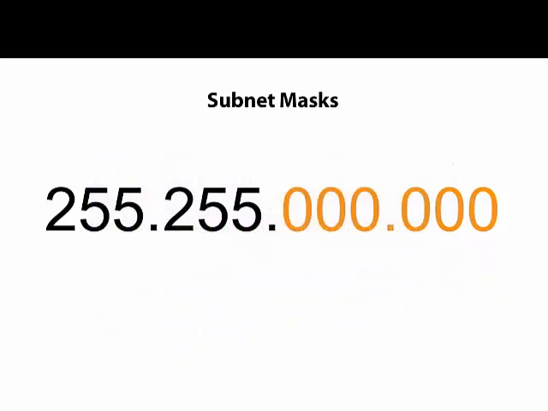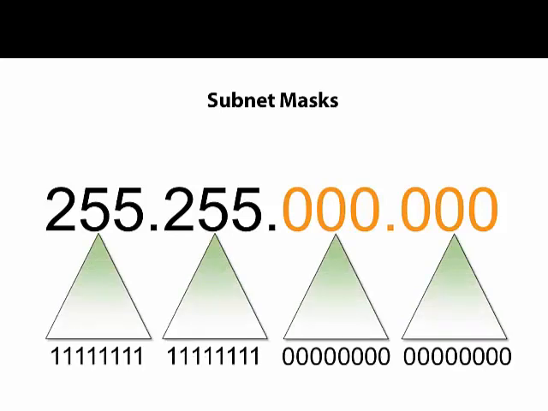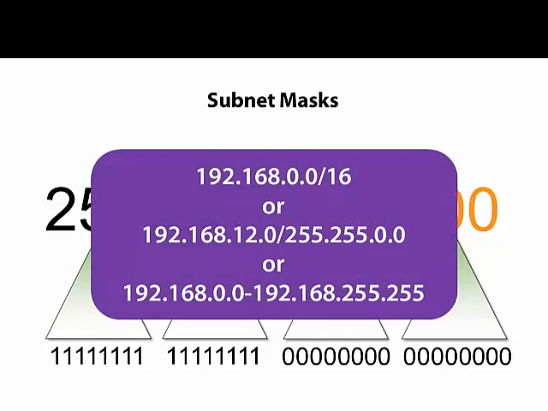Let's look at another example. Here we have a subnet mask of 255.255.0.0. So we have the first 16 bits on, the second set of 16 bits are off. So we have a hypothetical network of 192.168.0.0/16, or 192.168.0.0/255.255.0.0, or a range of IP addresses going from 192.168.0.0 all the way to